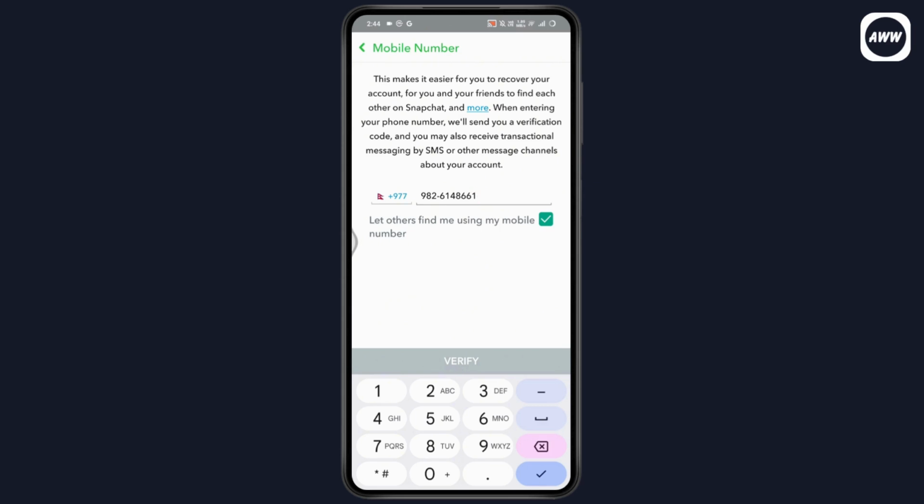So if you want to remove or delete the phone number, then what you need to do is you need to simply remove the number which you have right now, and you need to add another number, because without the phone number you'll not be able to use your Snapchat. So what you need to do is just remove the number and add another number, and once you've added another